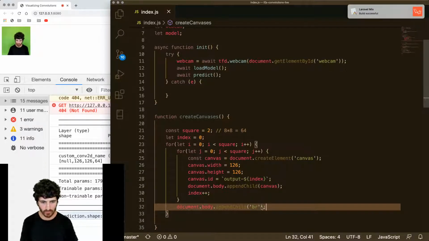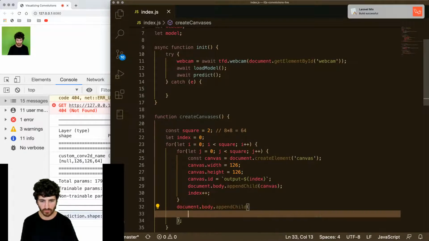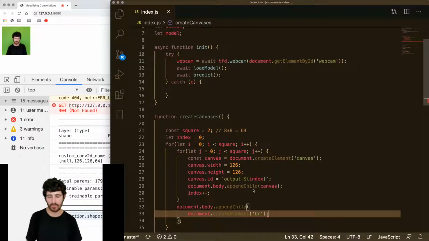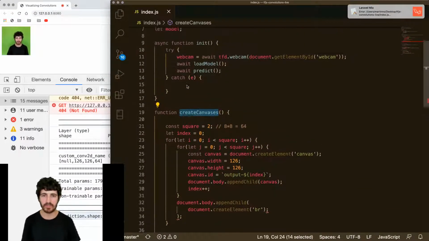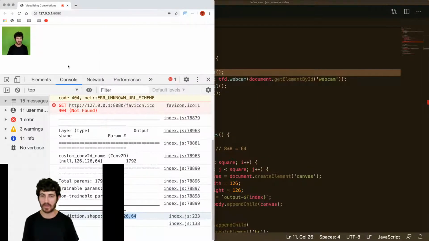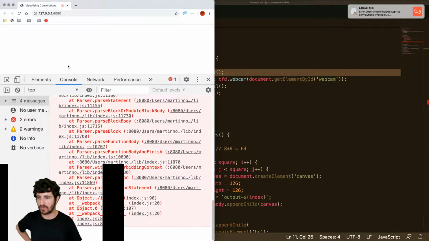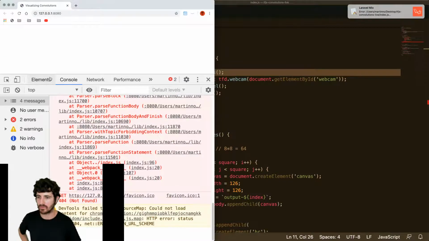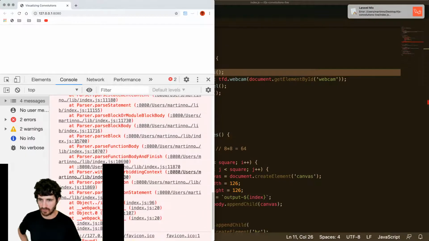But we do need to create an element, so document create element VR. All right, so these should create the canvases. So let's see, before we do anything, we can create the canvases. How do we inspect this? We just need to look at the HTML trees, because, right, error,